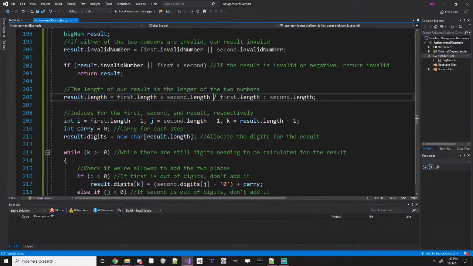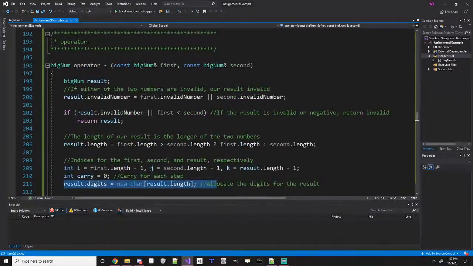So we want it to be the greater of the two, and then I'm going to create 3 indices to look through all of these again and start at the end. And then we allocate the array. Now, one thing I should do is, second is a constant, but I kind of want to be able to do